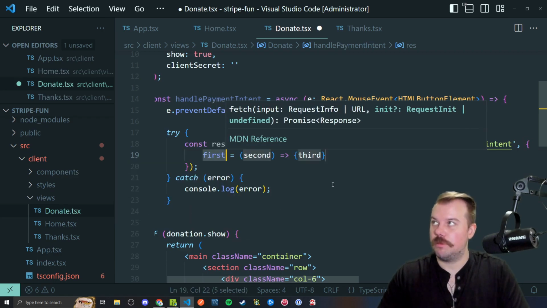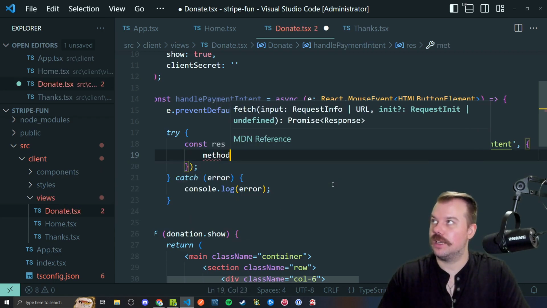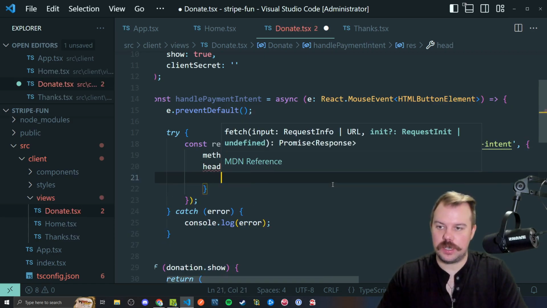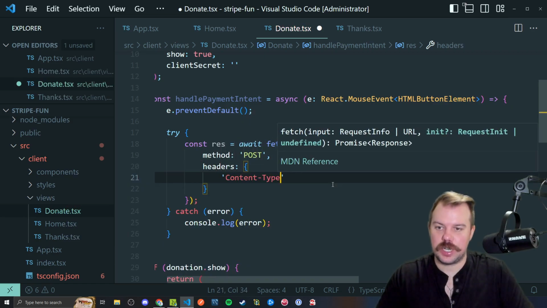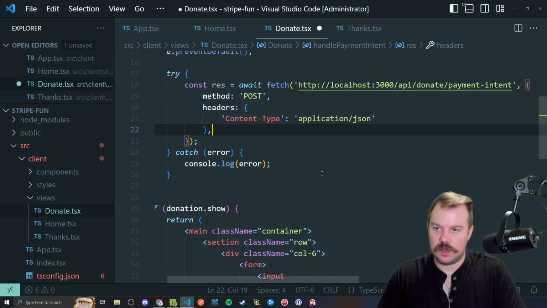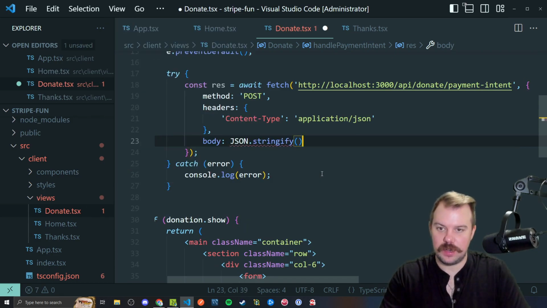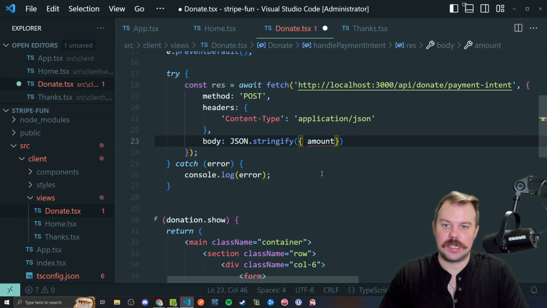A new object with method POST, headers of Content-Type application/json, because we're going to pass in this following body, which will be a JSON.stringify of an object